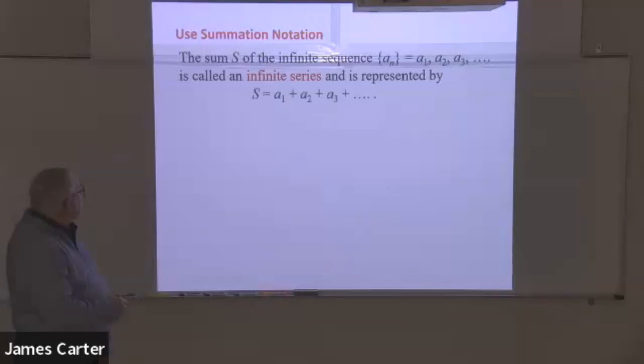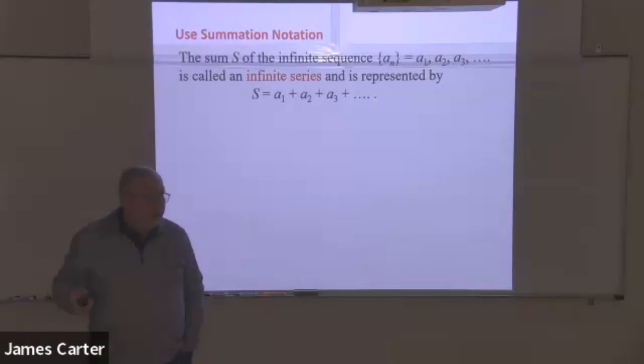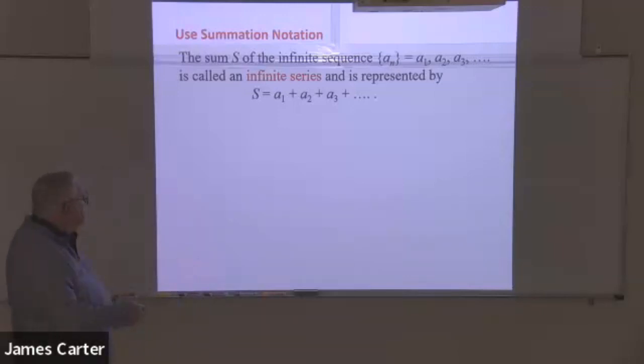Now, if we find the sum of that, then basically we're saying the sum of all of these. Now we're just going to add them all, because sum means add. And it continues. Well, that's not possible, because we can never add to infinity. But we can add part of the way to infinity, which is where we're headed,